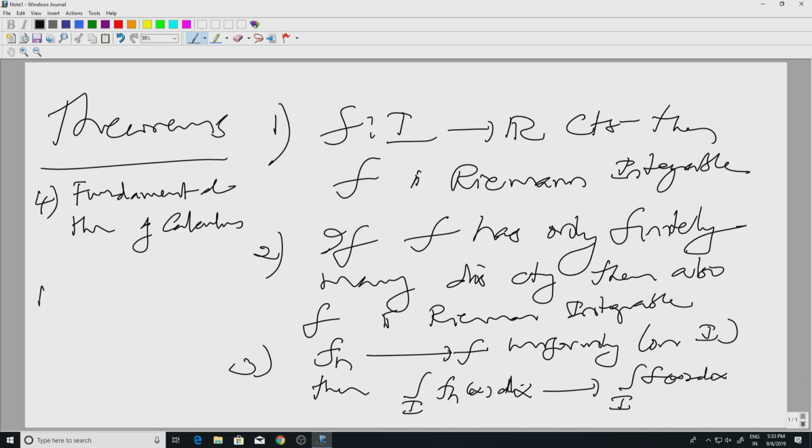Which says that I can write f of x minus f of y equal to the integral from y to x of f prime t dt, provided f prime is a continuous function, then the indefinite integral of f prime is a differentiable function, and you have this equality, which is the fundamental theorem of calculus. Our aim in these lectures would be to replace these theorems in a much more general setup.